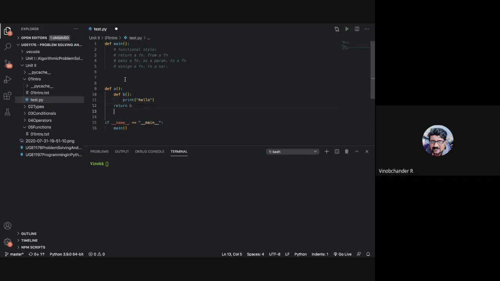Just give me a second, guys. So when you pass a parameter, let me define another function, say C. Let me have some statement here.